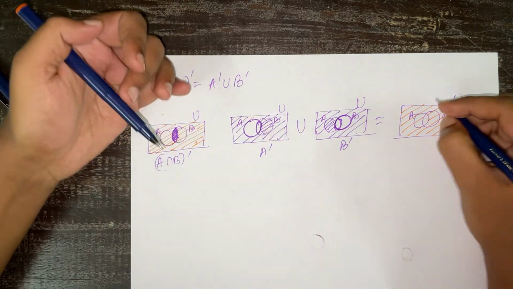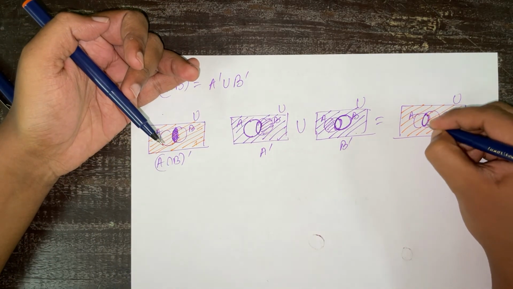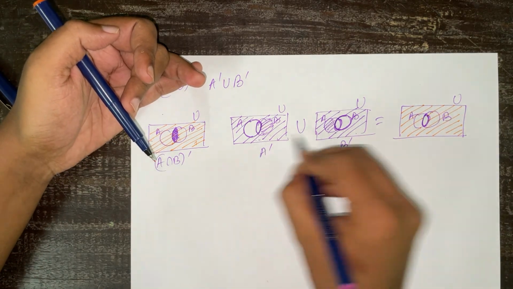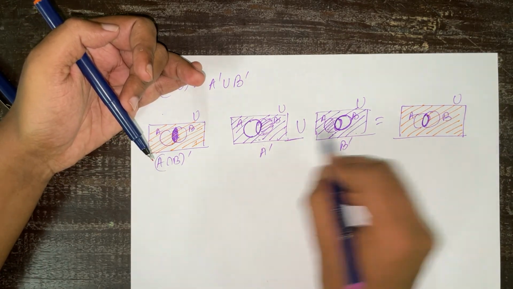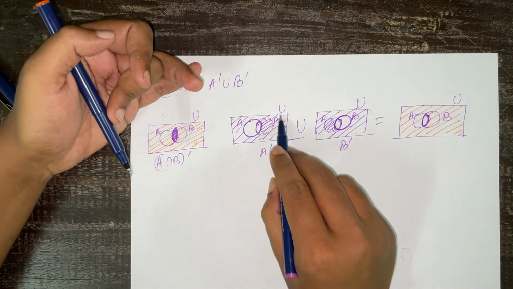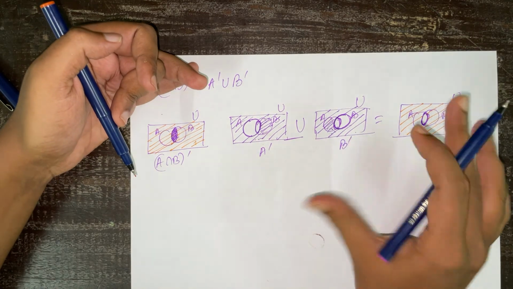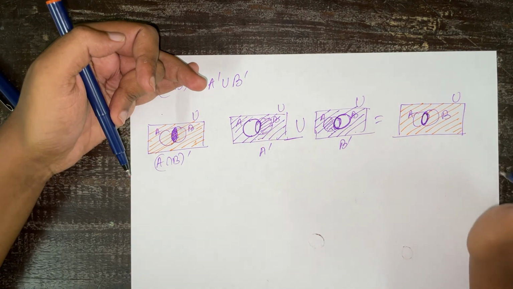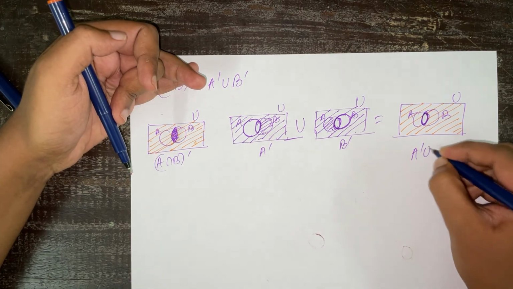So which part have we excluded? This part. This part has not been included. Other than this part, everything else falls under the combination or union of these two sets. So we unite these two sets so that all the parts present in this and all the parts present in this are combined. So when you combine them, we are left out with only this region which is not included. And this is our A complement union B complement.